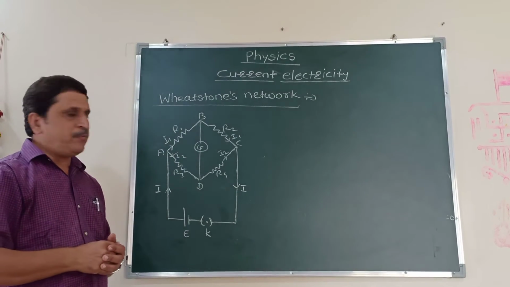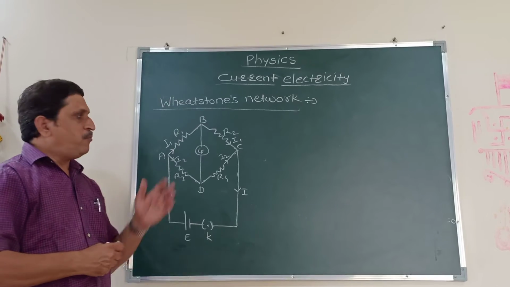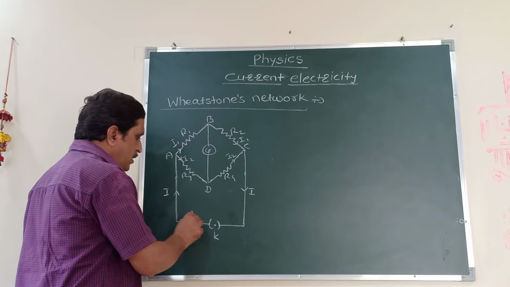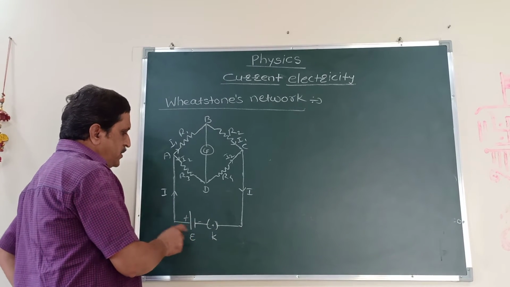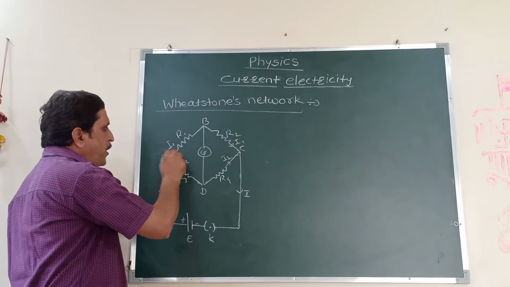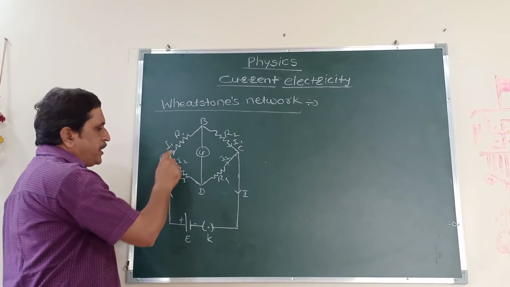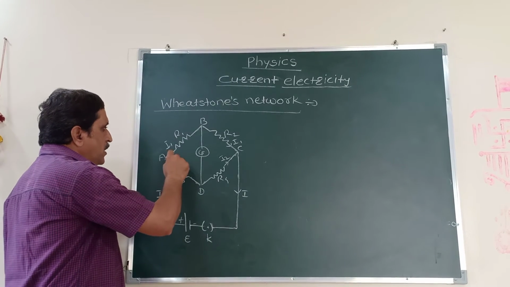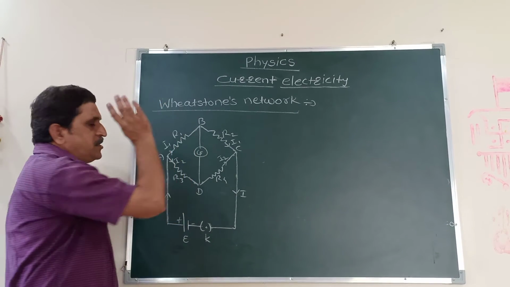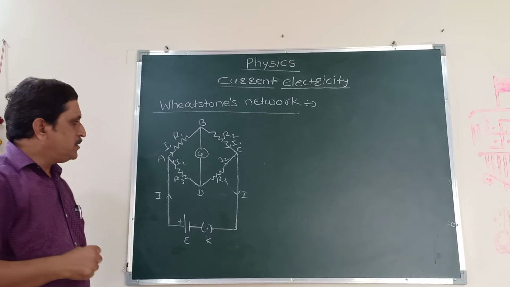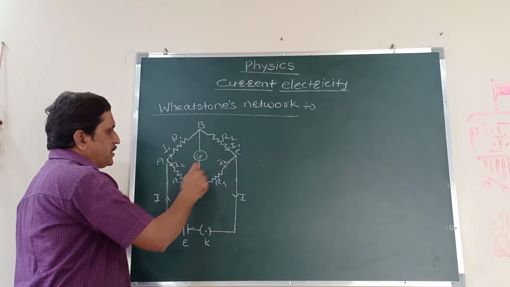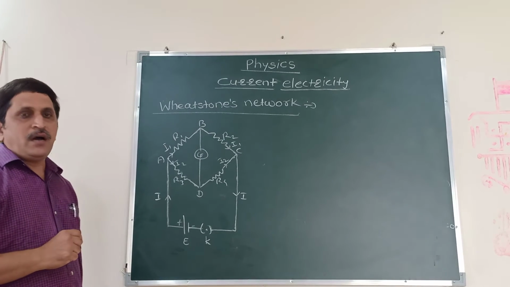Now, what is the purpose of the galvanometer? Galvanometer is useful to tell whether current is flowing through the circuit or not. Now, here, suppose this cell sends a current I. This current will move through the circuit. At this point A, this current gets distributed into 2 parts. The current which flows along the path ABC is represented by the letter I1. And the current which is flowing along the path ADC is represented by the letter I2.